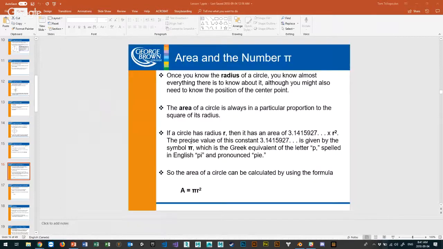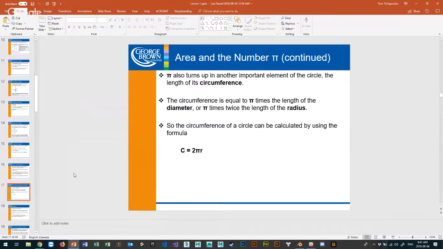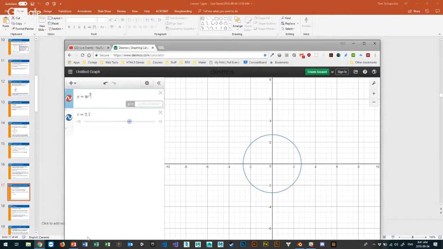Okay, so that's pi r squared. And again, I want to find the circumference of a circle. I can calculate that by 2 times pi times r, the radius of the circle. Notice when we went to Desmos, it asked me to do a slider. So I can increase or decrease the radius and see the effect immediately. If I want to make a larger circle with a greater radius, I can do that.